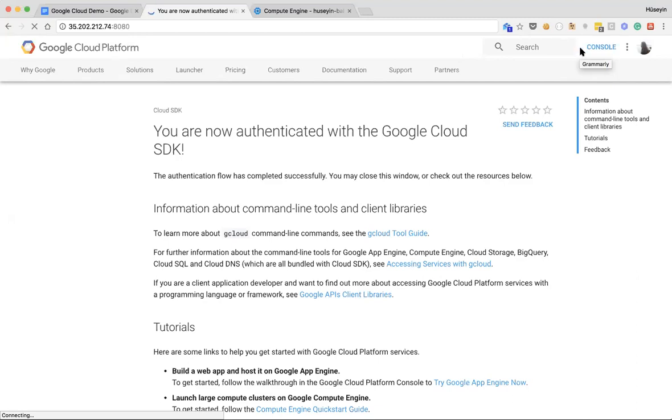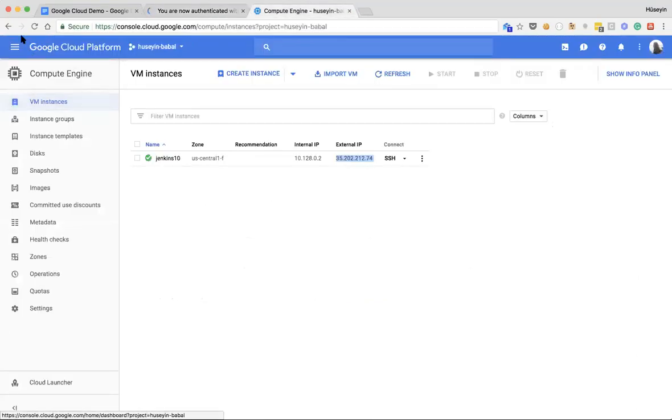Why am I not able to access? Yes, Asim, you are correct. By default, it is blocked. So we need to add some firewall rules in order to enable this port for this instance. So thanks, Asim, for your great answer. I will continue with the